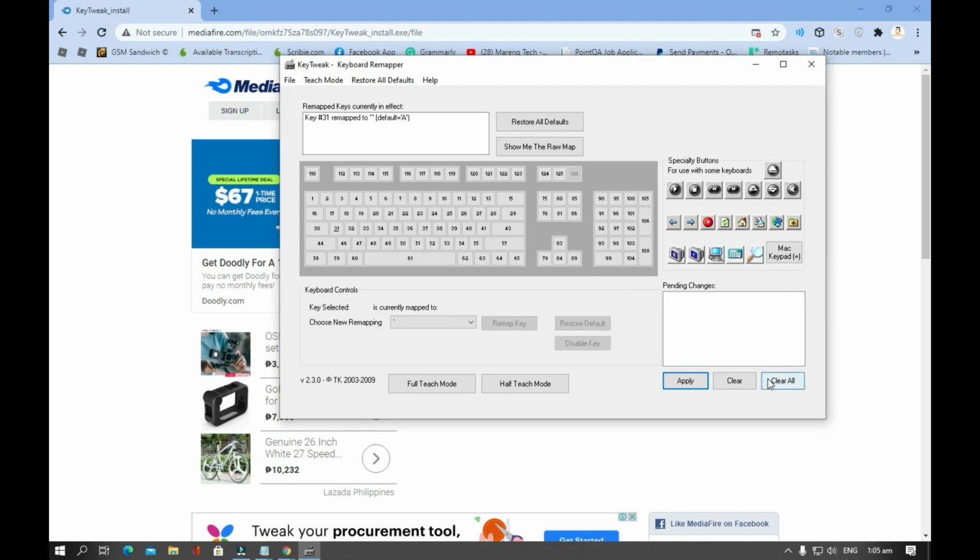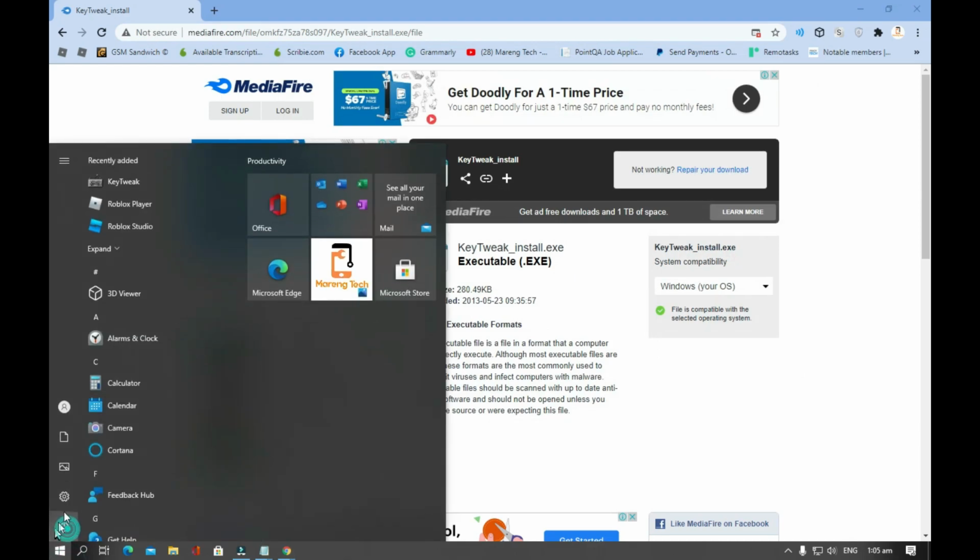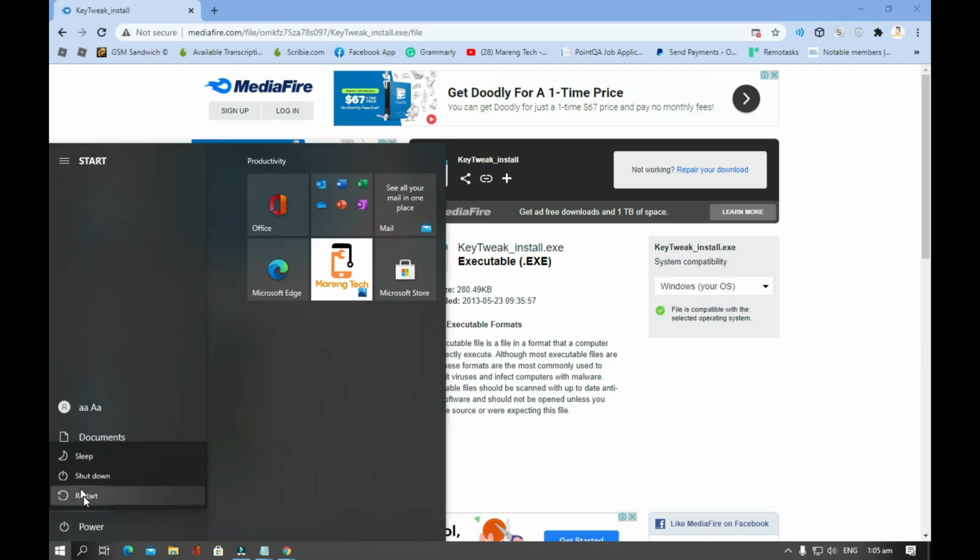And after that, we're going to have to restart the computer to make the changes apply. We have to click on restart, and once we restart the PC, we should be able to use the remap button as the substitute button for the one that is not